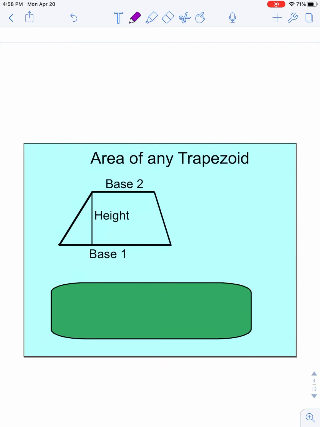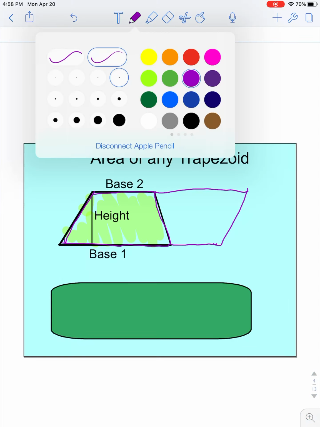We've been duplicating these figures and so forth. Well, it turns out if I take this trapezoid right here and duplicate it, and if we were doing this in class, I have these SMART lessons set up with this already duplicated, and I can turn and flip it and so on. But when I duplicate it, of course mine's not going to be as perfect as it would be, but what we end up with is